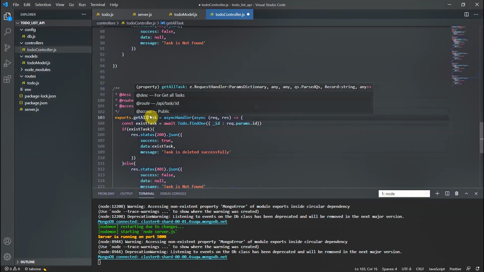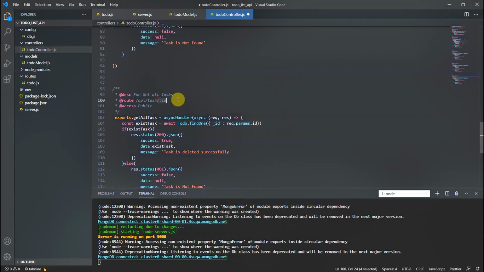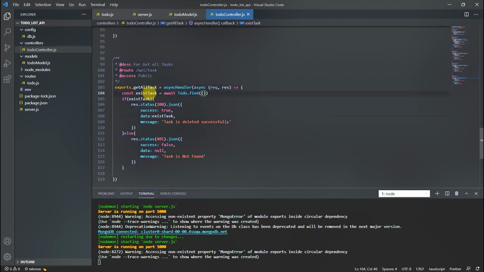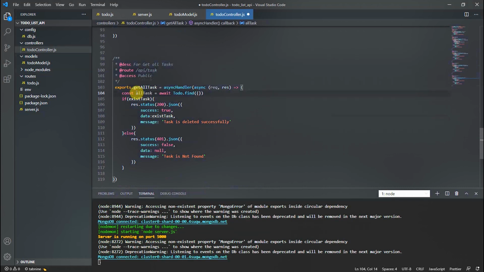For all tasks, we don't need any ID because we will send all the tasks. So the method name should be find only, and this parameter is blank, and the variable name is allTasks. It is kind of understandable. So we need to send all the tasks over there. If not, the task is not found.